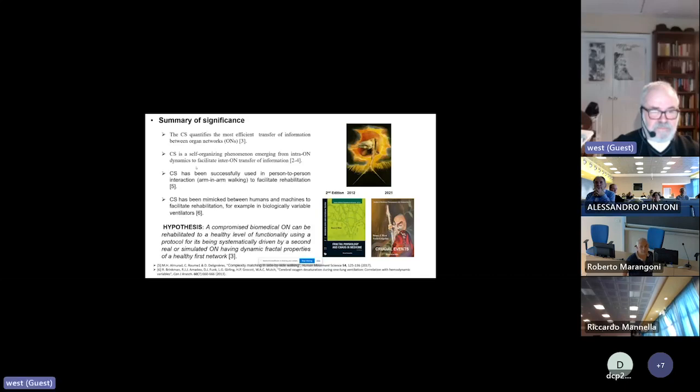Forget about it. Hypothesis. This is what I want to end with. This hypothesis: a compromised biomedical organ network can be rehabilitated to a healthy level of functionality using a protocol for its being systematically driven by a second real or simulated organ network having dynamic fractal properties of a healthy first network,